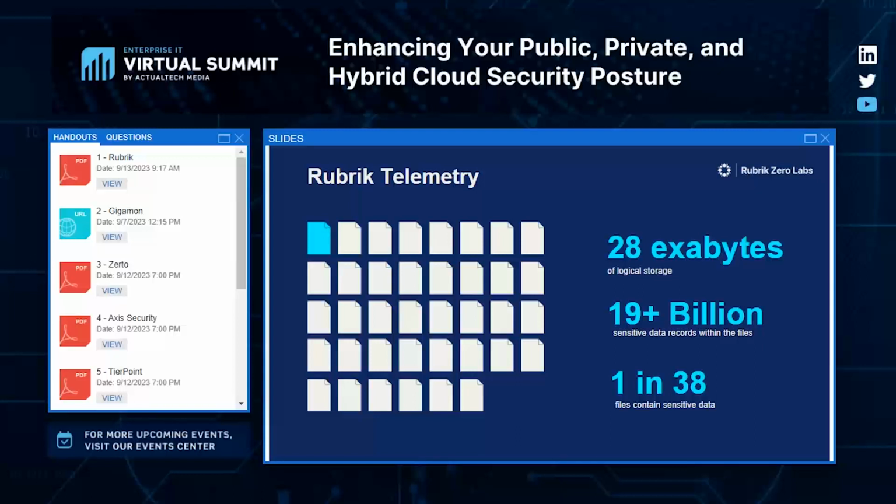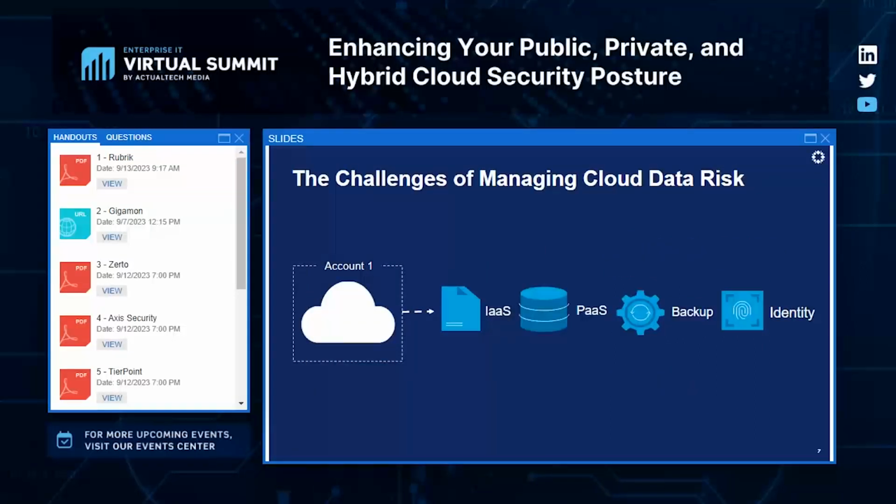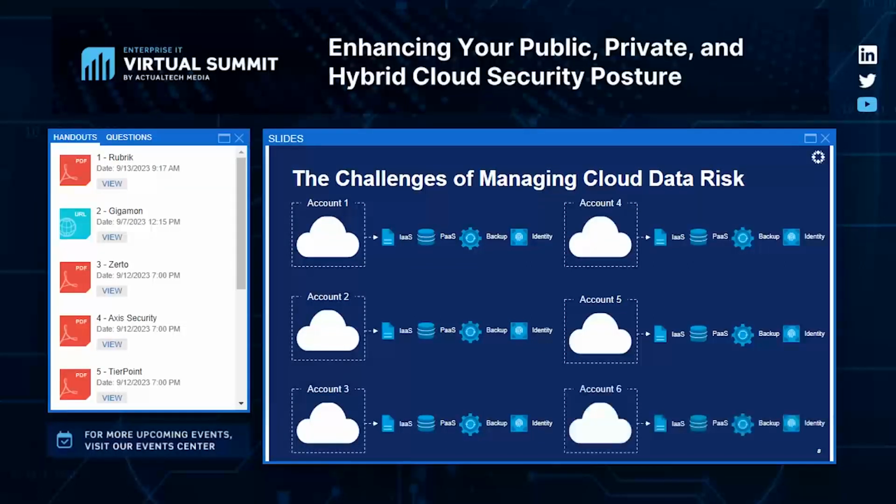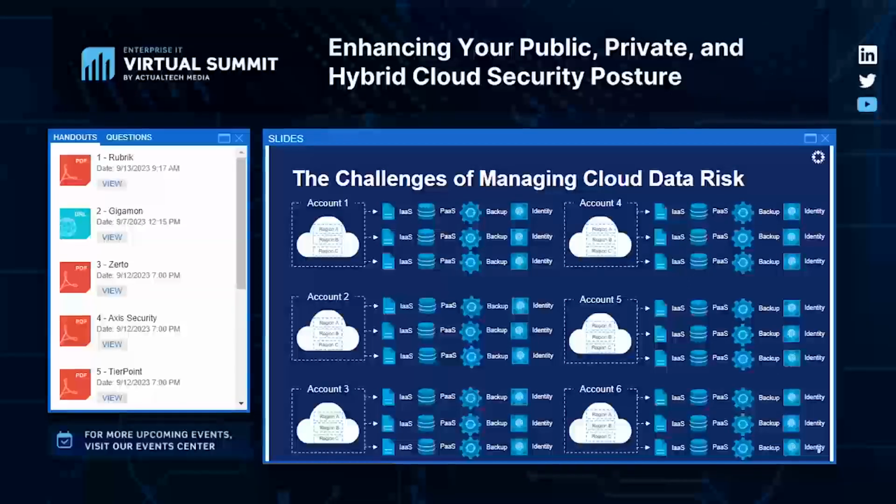And this is just in the backups that we protect. So that expands and compounds more and more in the cloud and in SaaS. Each account or subscription that you could manage has these different layers and points of vulnerability that may be susceptible to an organization. And that amplifies, of course, as you progress to multiple accounts, multiple subscriptions, multiple regions. All of this amplifies in an organization. And again, if you have a multi-cloud structure where you're managing multiple hyperscalers, how do you know that your data is organized appropriately at each level of the cloud infrastructure that you have?